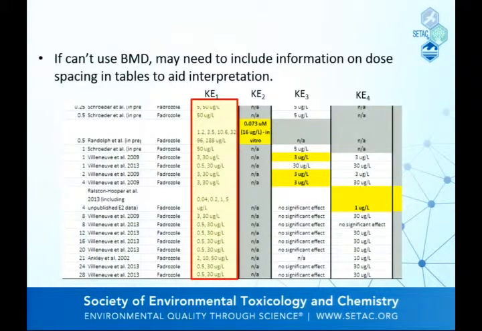It's causing the effect at the lowest dose I tested, and probably had I gone lower, I could have shown that that upstream key event was occurring at an even lower concentration, but I didn't look at it in this study. But if you have that information in the table, you can better assess that kind of situation.